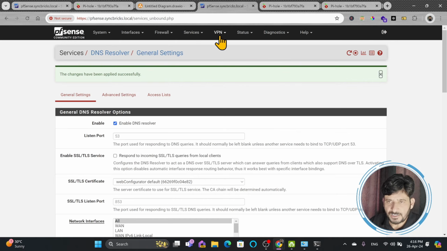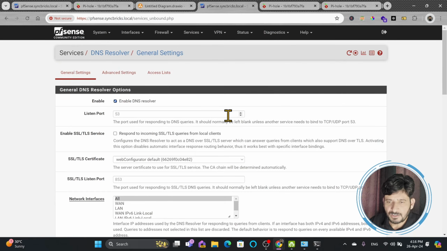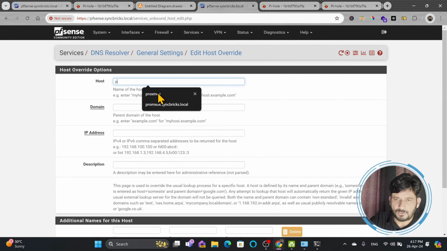pfSense has this entry here. If I show you Services, DNS Resolver, you will see down here one entry is already there for a server, which is server.syncbricks.local, and its IP address is 192.168.240.6. I can add more. In fact, I can click on add. So this time I will do